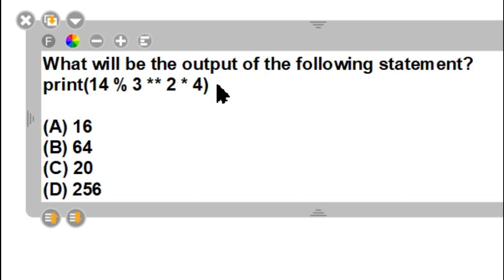Like the BODMAS rule in mathematics, here parenthesis and exponentiation, multiplication, division, addition, subtraction. This is the order of evaluation of expressions in computer. And here in Python, in this example, we have modulus operator and exponent operator and multiplication operator. So according to the PEMDAS rule,